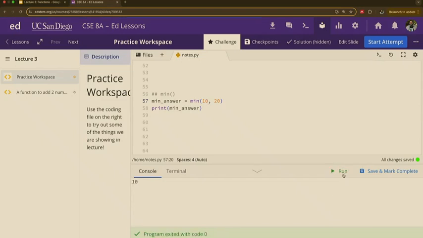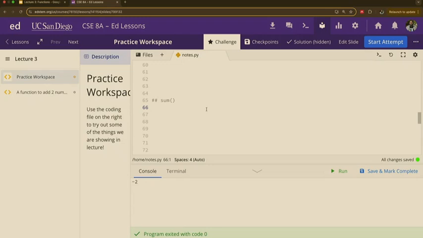Now we have 10, right? What if we do this? Negative 20. Run that. Boom. Negative 20 is lower than 10, right? So it keeps on going lower, lower, and lower. Negative 2. Okay. Min is just going to give us the minimum of these numbers. Does that make sense so far? Yes? Okay, cool.